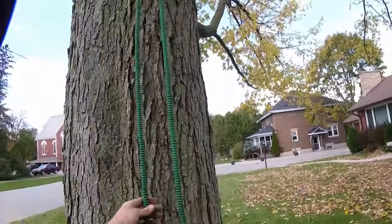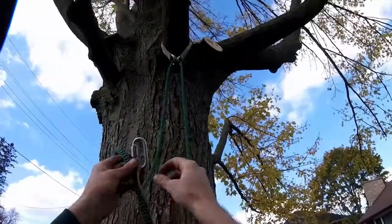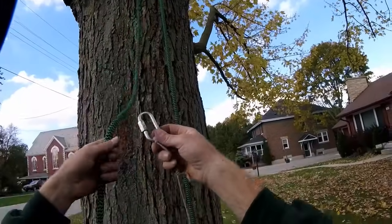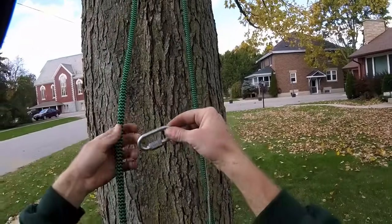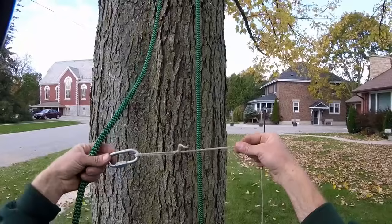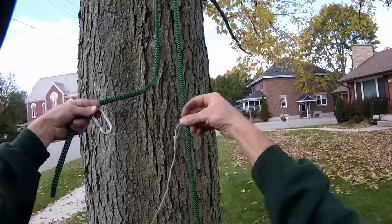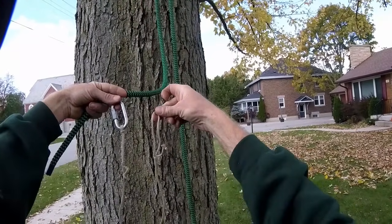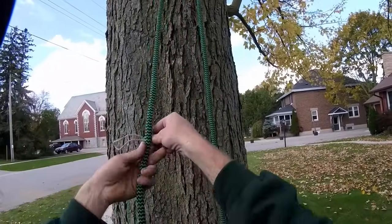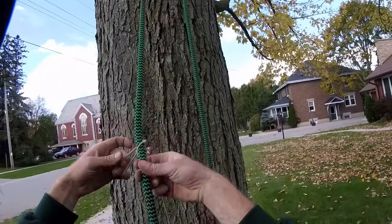So what you need is something that's going to fit through the large ring and then get caught on the small ring. So I just use one of these quick links. These work fine. There's lots of different options. The way I like to set up my quick link is I just have a short piece of throw line with eyes in either end. So what I'll do is I'll just tie a pile hitch,